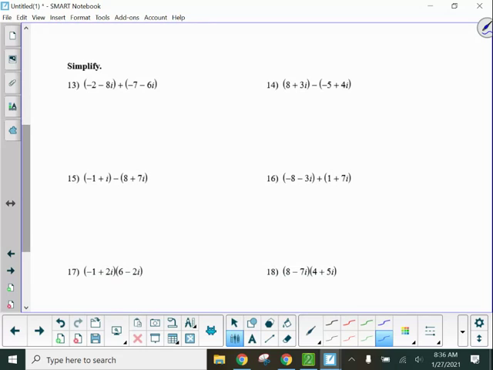Questions 13 through 16 are combining like terms. That's going to be adding and subtracting. When adding, you're not going to change any of your signs in the second set of parentheses. If you are